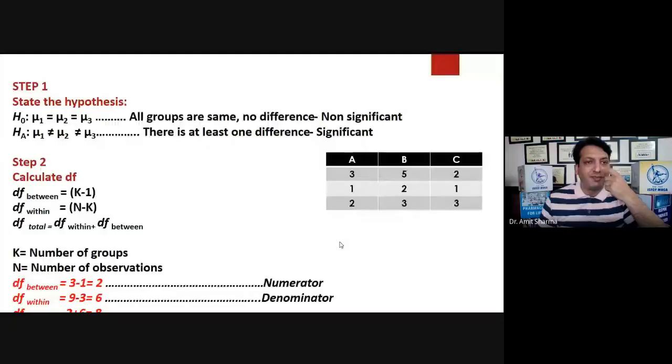See here, in this example we have taken for the ANOVA, we have three different groups, group A, B, and C. We have stated our hypothesis in step one, that H naught says that all the three groups are the same, and there is at least one difference in the groups A, B, and C is said by the alternative hypothesis. So before we proceed with the calculation part, we have to calculate the degree of freedom, and